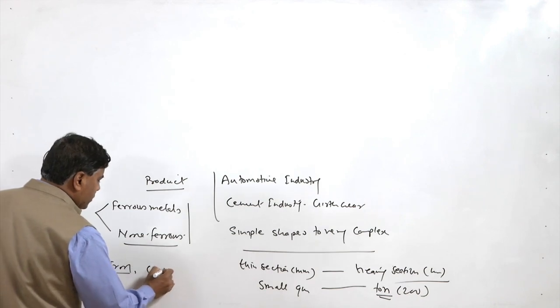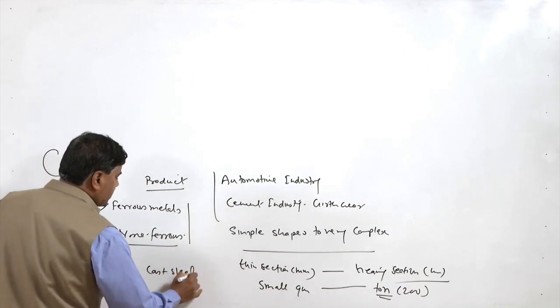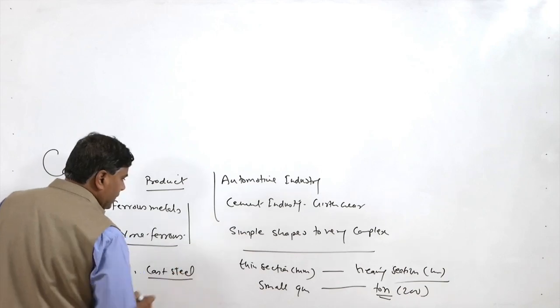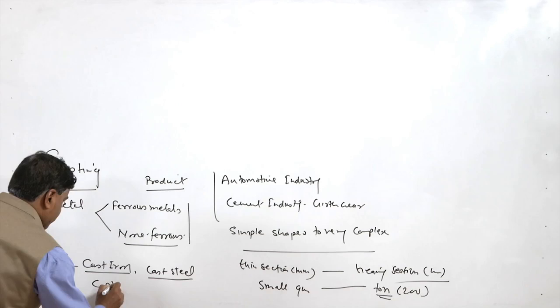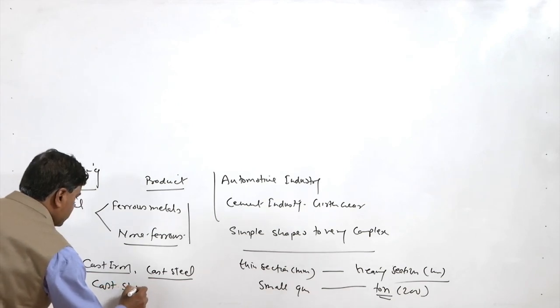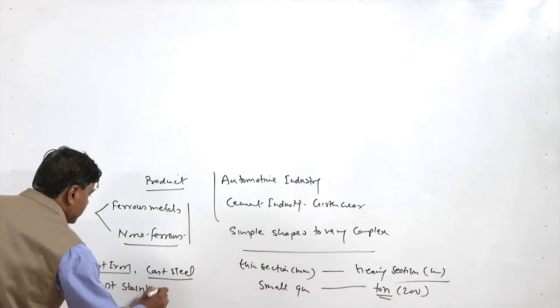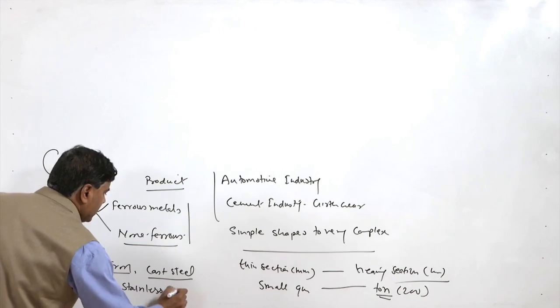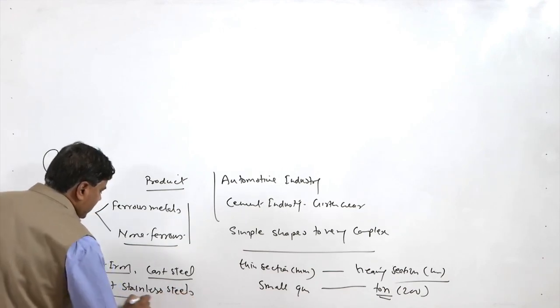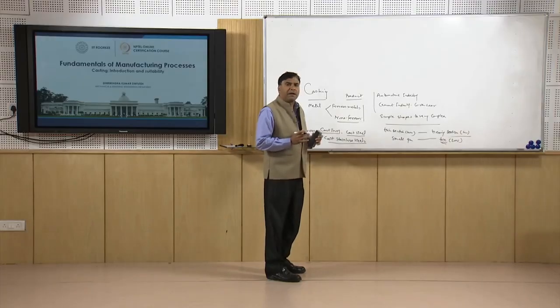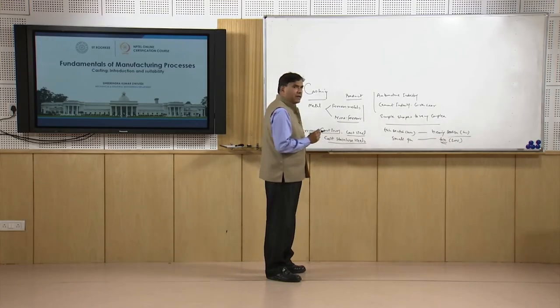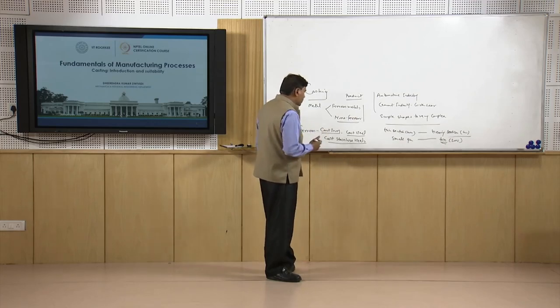Then it is also used for making products of cast steel, and cast stainless steels are also used, like martensitic cast stainless steel, which is used for making hydro turbine blades,